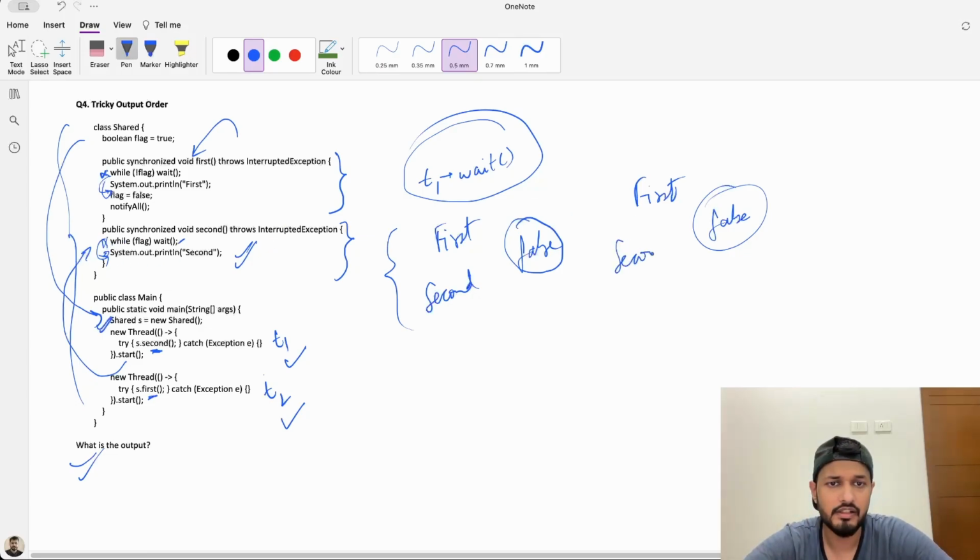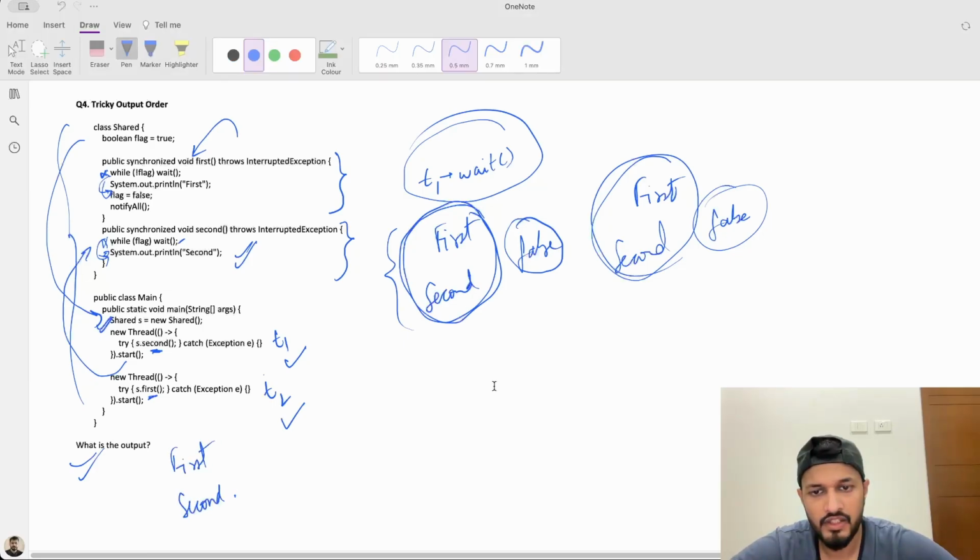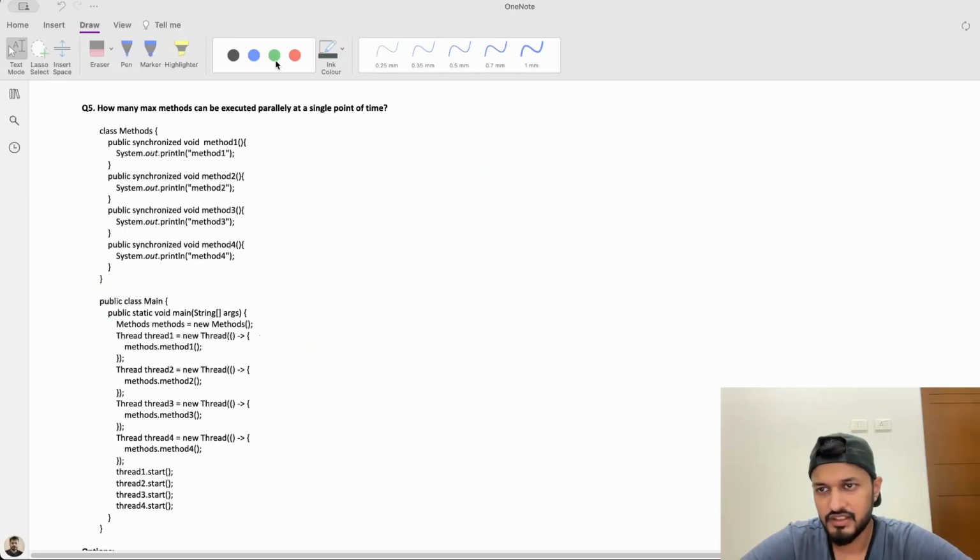It will print second. So irrespective of whether T1 gets executed first or T2 gets executed first, our output will always be first, second. So what is the output? First and second, right? Okay, so what we have learned here is thread execution order is non-deterministic, but the execution logic is based on the synchronization and the control flags. Okay. All right, now let's look at problem number 5, and this one is not about wait